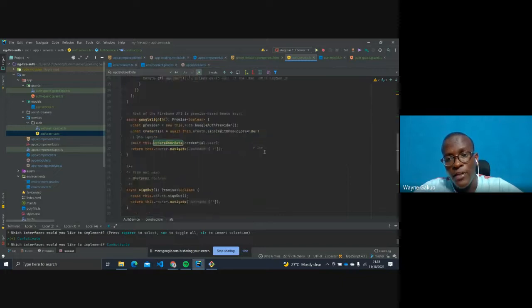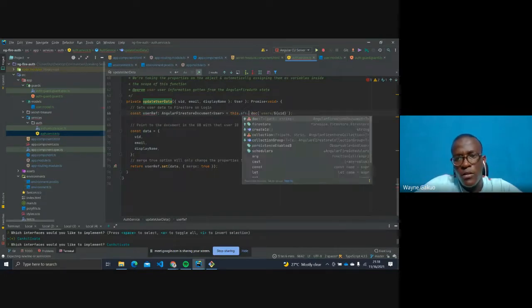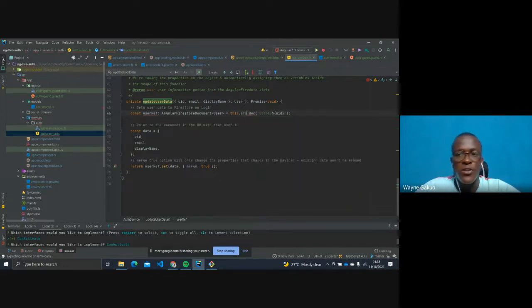And Angular Firestore allows you to access methods such as .doc, and there's also .collection. But in this case, we're just using .doc because we are already saying that we are creating a collection named users, and based on the user ID that you're going to give me from the social authentication or social sign-in,